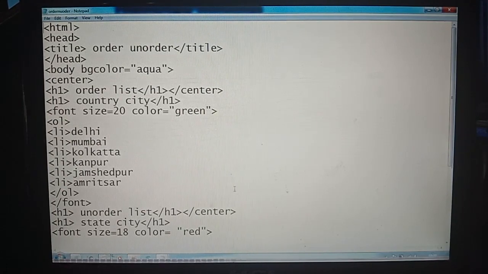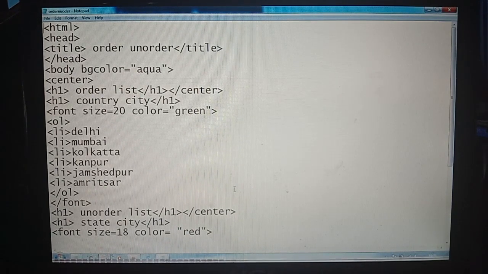HTML, head, title: I have mentioned here order, unordered. Title close, head close, body, bgcolor. In the last HTML document I mentioned the background as a 2.jpg file. Here I have given color equal to aqua.